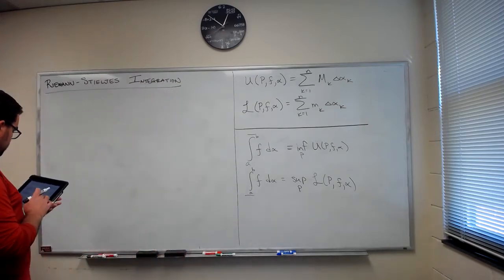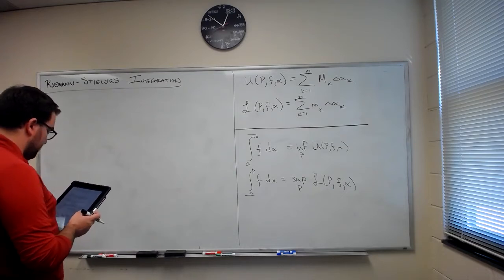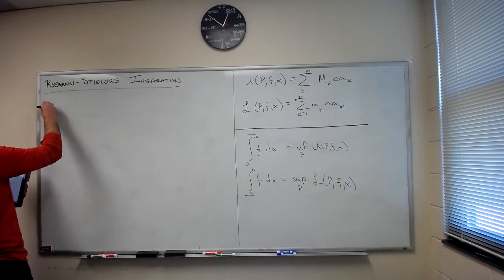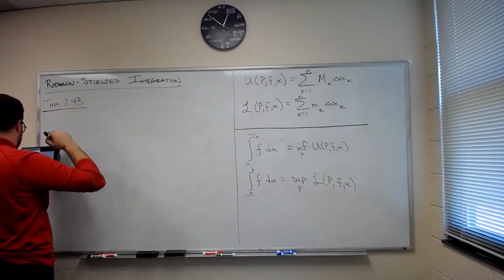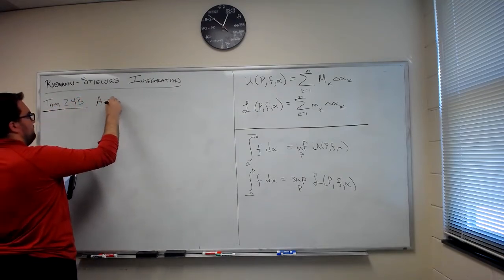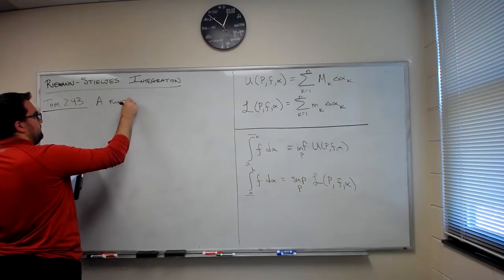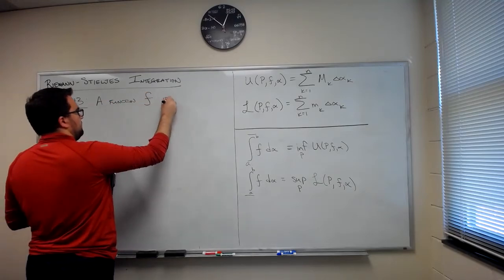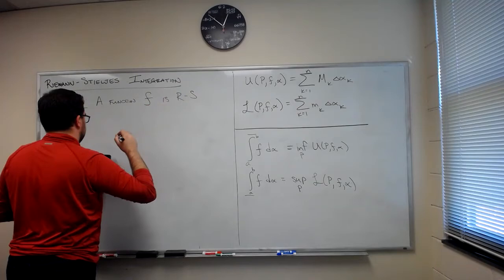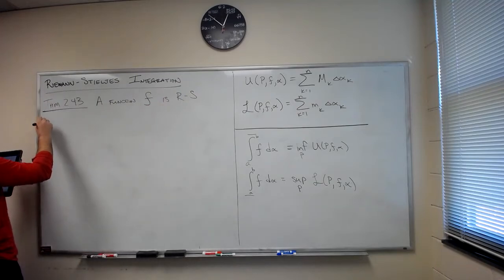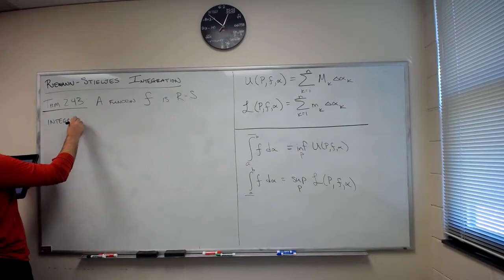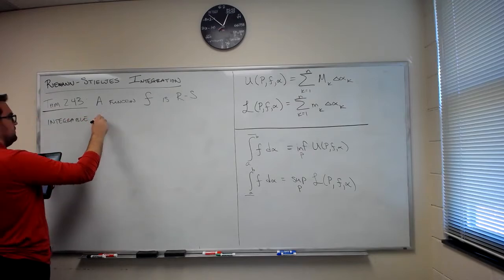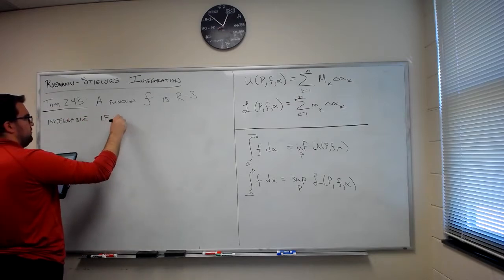And so the first theorem we want to look at here is theorem 2.43. So this says a function f is Riemann-Stieltjes integrable if and only if